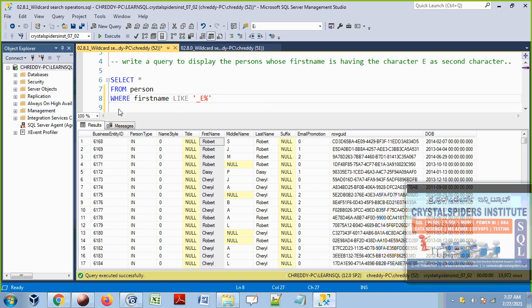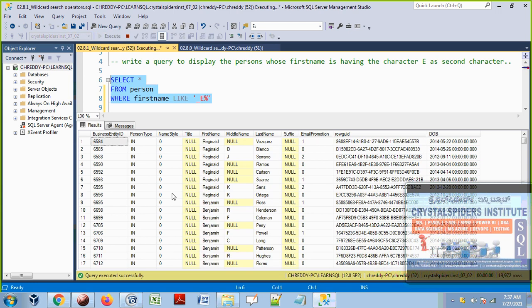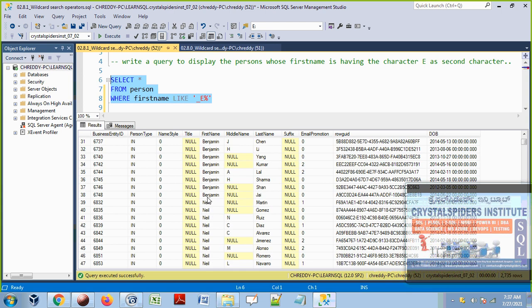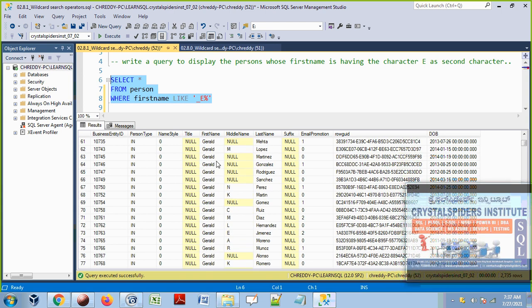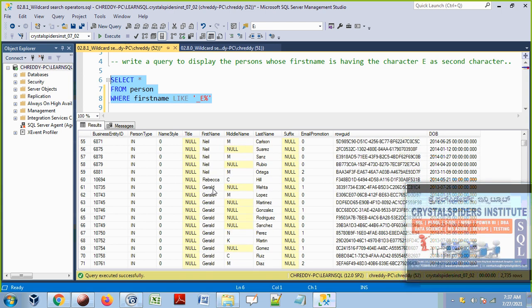So let's execute this one, guys. Now see here, the second character is E everywhere: Benjamin, B-E-N, and G-E-R, Rebecca and Gerald.